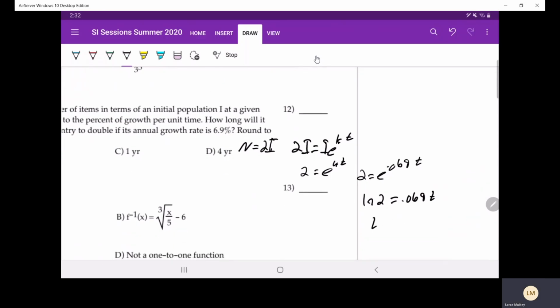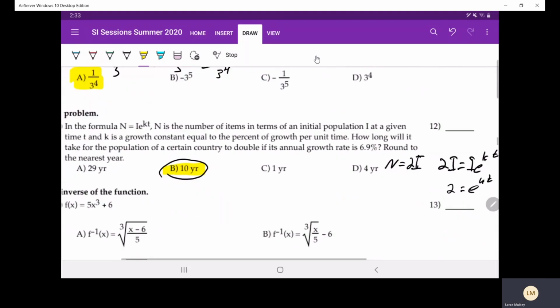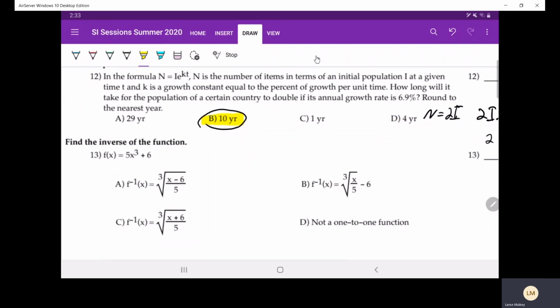So t equals natural log of 2 over 0.069. Now, he can't give you this without a calculator. I'm not going to lie, unless I'm doing this completely wrong. I got 10 years, but yeah, he cannot give you this one without a calculator because no one can solve that. But it's 10 years. I don't know if the calculator in Respondus is going to help you out, but